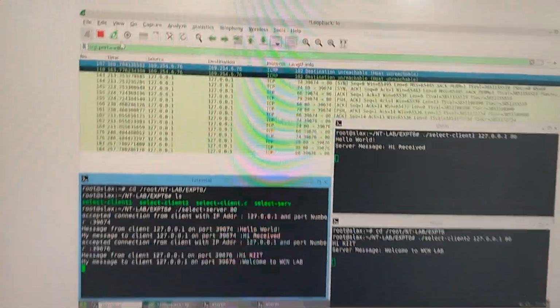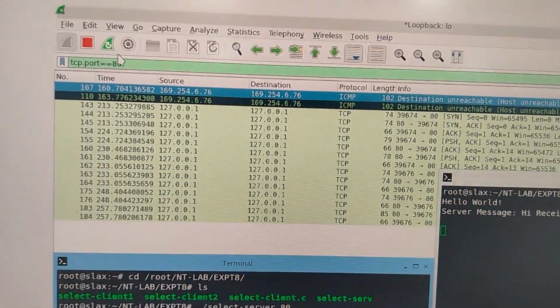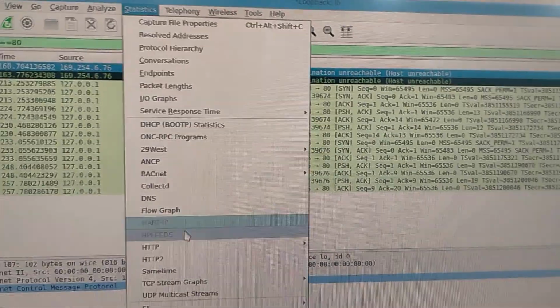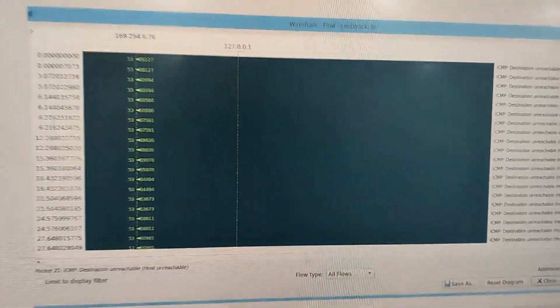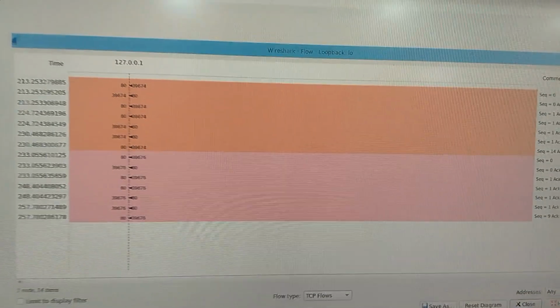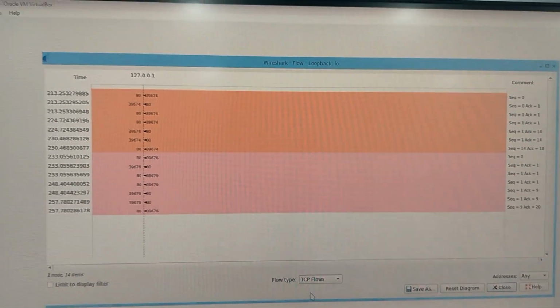So here we have put a filter to analyze the TCP packets. So we can also see the communication flow. This TCP is showing on the local loop.